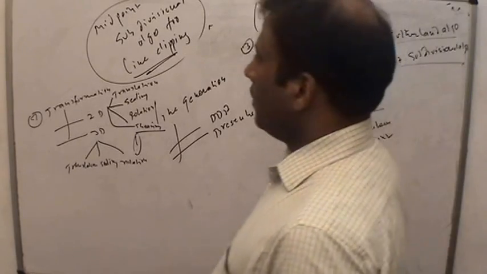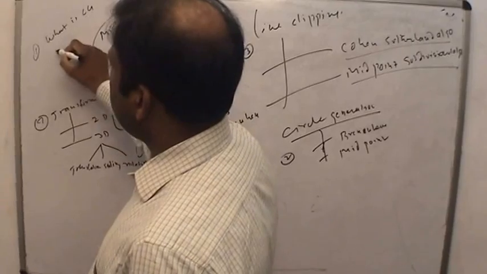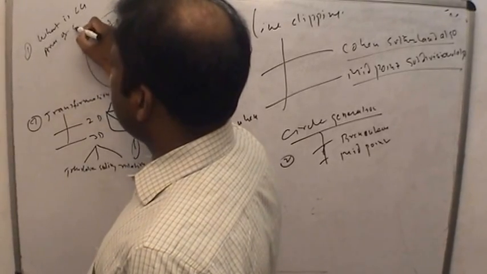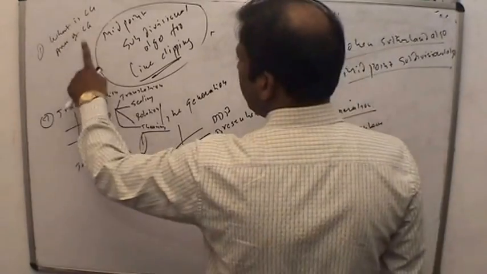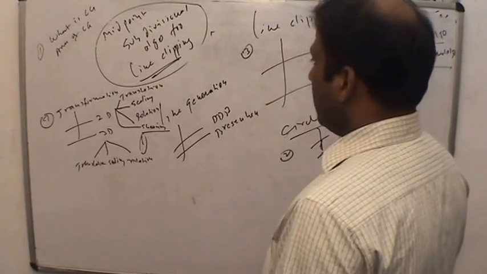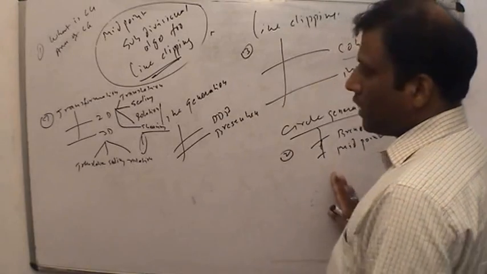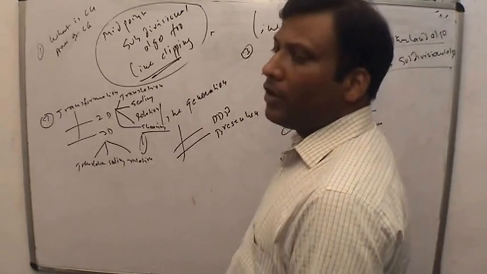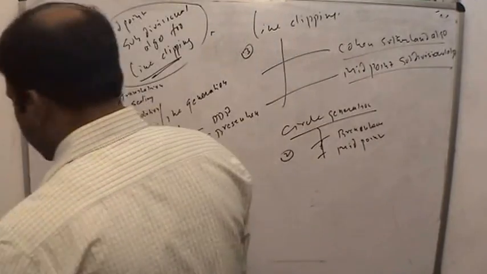The first topic was what is computer graphics, what is CG, area of CG, which we have already discussed. We have already discussed what is computer graphics, area of computer graphics, line generation algorithm, line clipping algorithm, circle generation algorithm, and transformation on 2D and 3D objects. In the next class, we will discuss